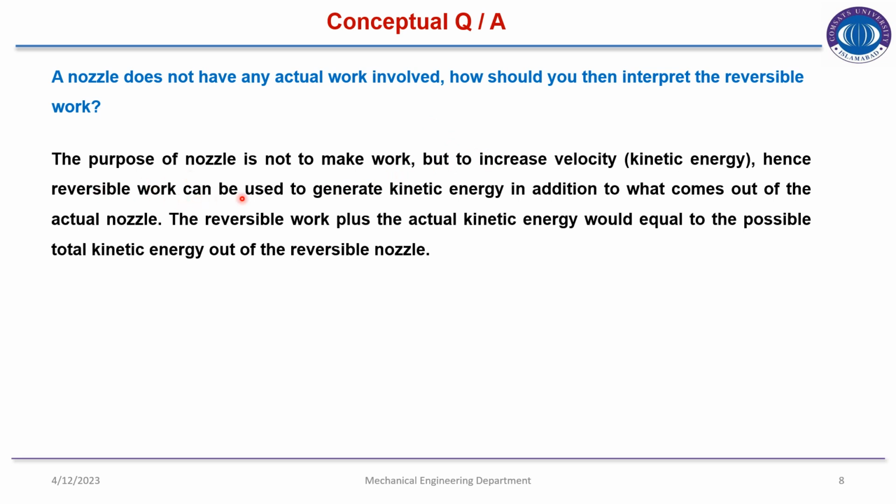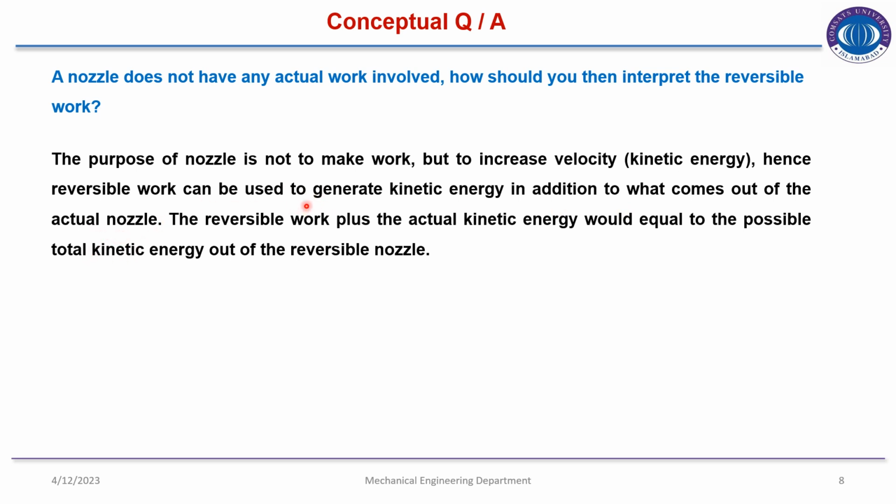So the answer suggests that the function of a nozzle is not to produce work but to increase the velocity or kinetic energy. Hence, if we are talking about a reversible nozzle, then the kinetic energy produced within the nozzle, or the increase in the velocity, will compensate the